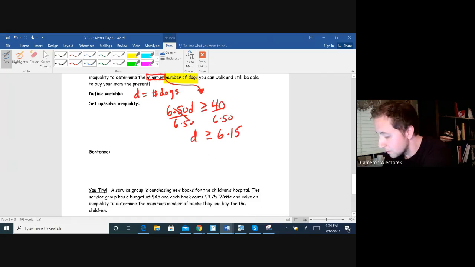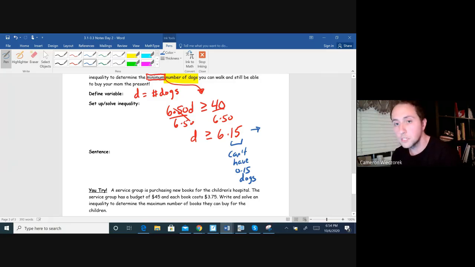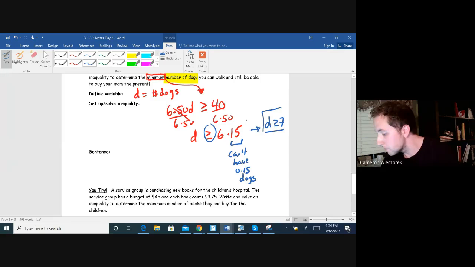Okay. So if you know this can't happen, you probably don't even need to write this, but I'm going to make a comment here. You can't have 0.15 dogs. You either have a dog or you don't. So if it has to be greater than or equal to 6.15 dogs, you have to think of the next highest whole number above 6.15. Can't round down to 6 because it's greater than or equal to. So you're going to have at least 7 dogs. You got to round it up. I'm going to put a comment here, round up. Okay. So D is greater than or equal to 7,